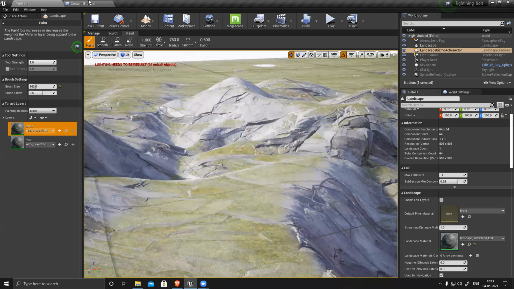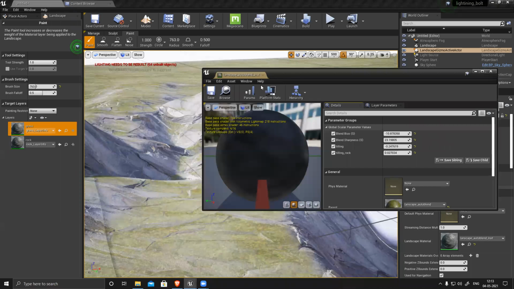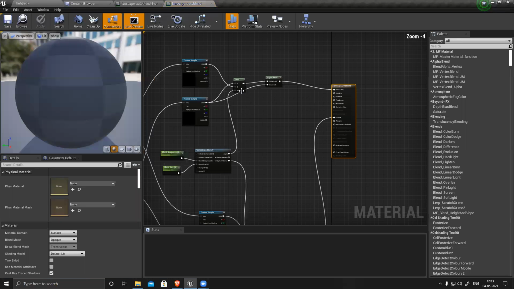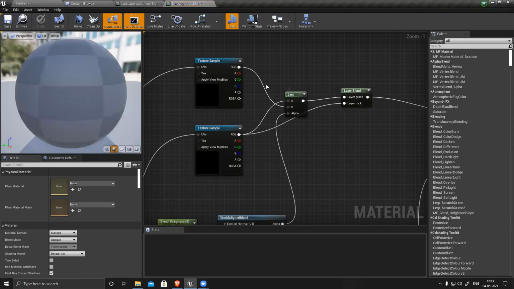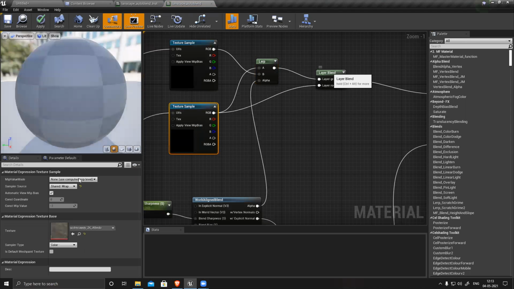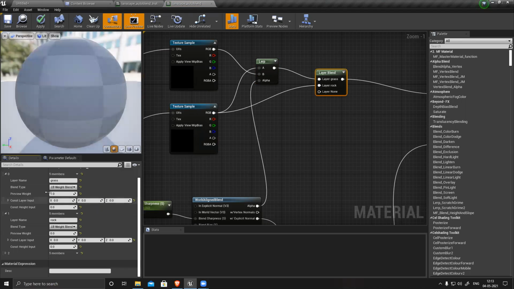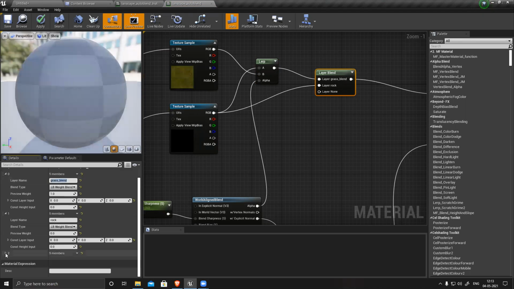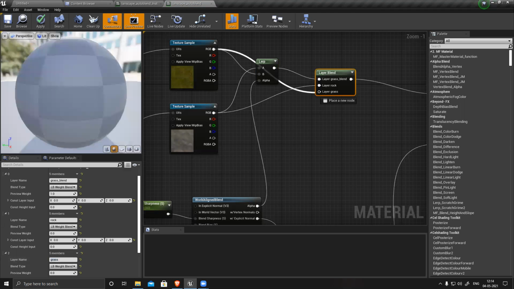So what I can do is go to my main material. The first one is my blend, and the second one is my rock. So I can create one more layer. This is grass underscore blend. One more, only grass, and connect this directly here.